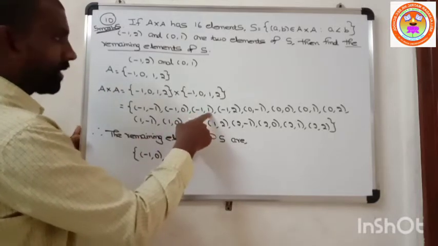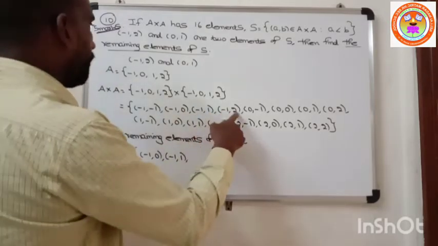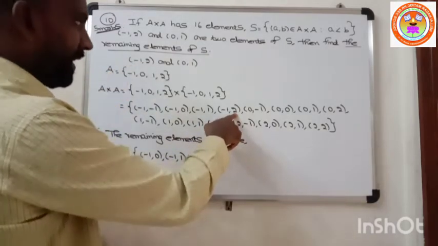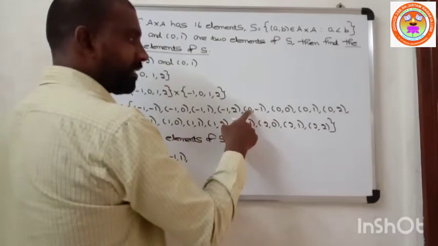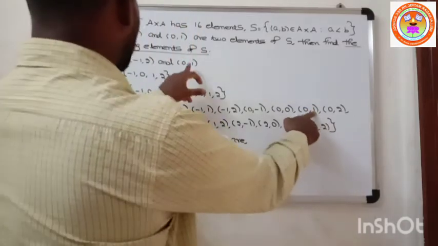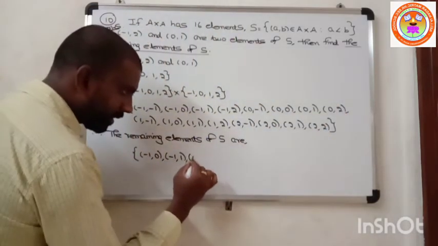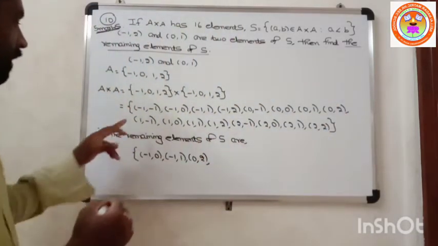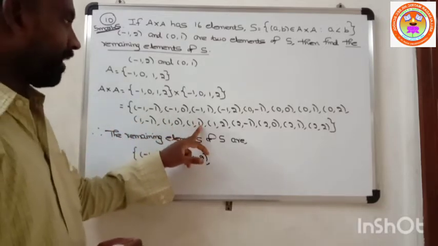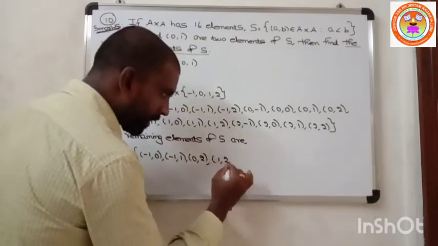Comparing these two, second number is greater, so possible: (-1, 1). Comparing these two, second number is greater, but (-1, 2) is already given. First number is greater, not possible. They are equal, not possible. Second number bigger, possible, but (0, 1) is given. The second number is greater, possible: (0, 2). First number is greater, not possible. First number greater, not possible. They are equal, not possible. Second number is greater, possible: (1, 2).